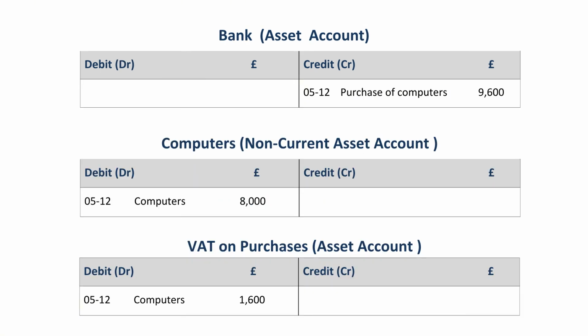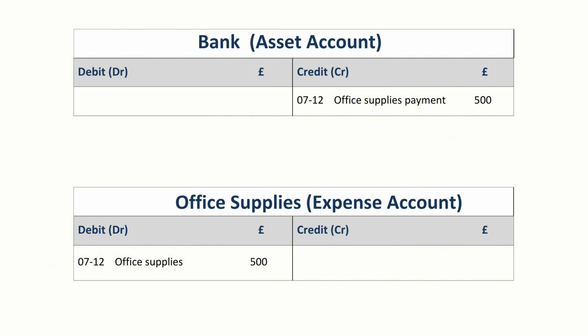Then we buy computers for £9,600, including £1,600 VAT. So, debit computers £8,000, asset account. Debit VAT on purchases £1,600, asset account. And credit bank £9,600, asset account. We paid for our office supplies £500, so our double entry will be debit office supplies £500